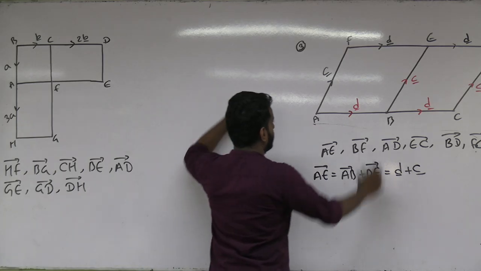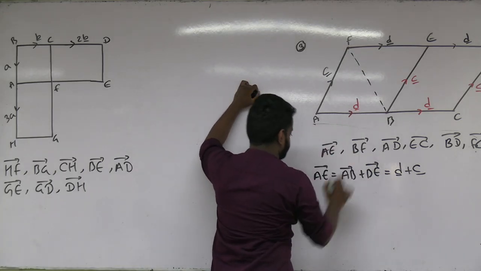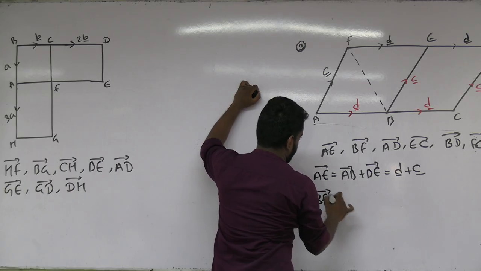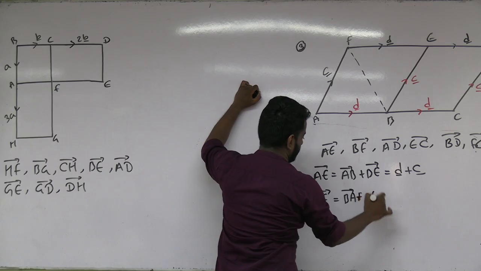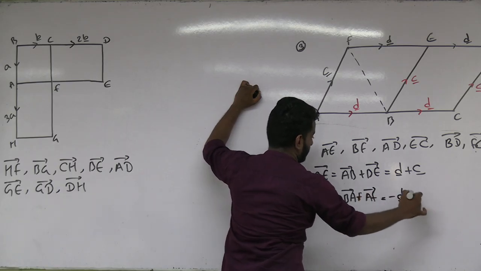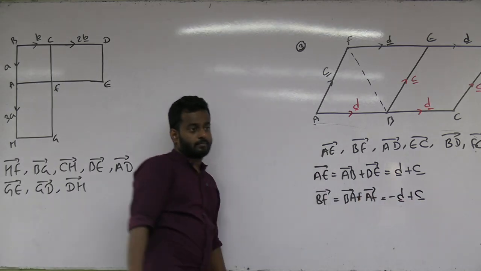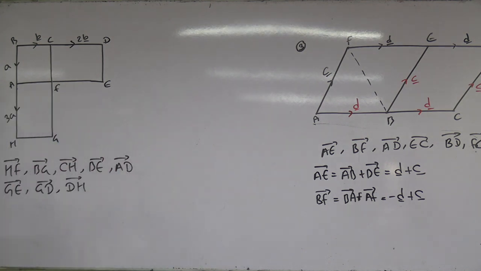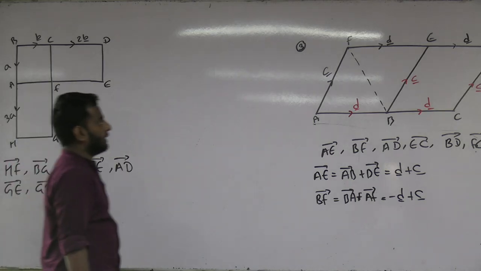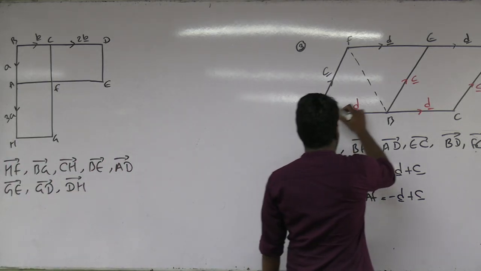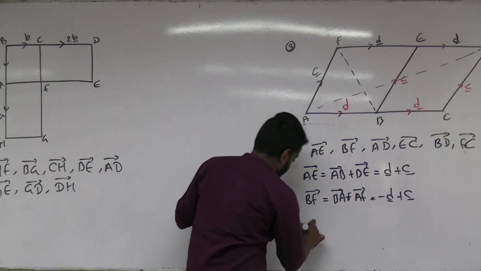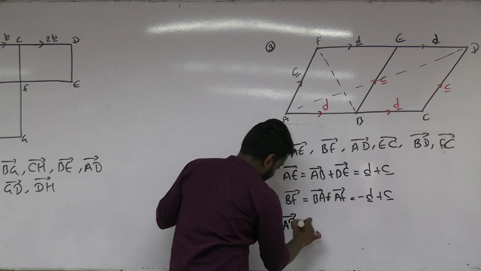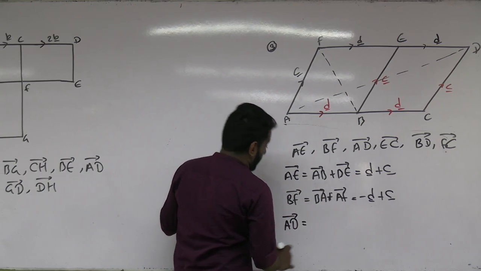And BF. So the vector BF is equal to BA plus AF, minus D plus C. And next AD. So we write AD equals AF plus